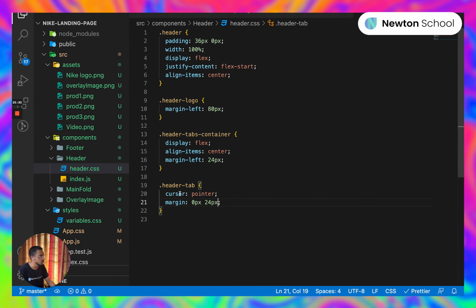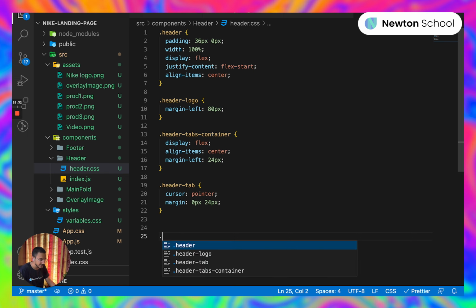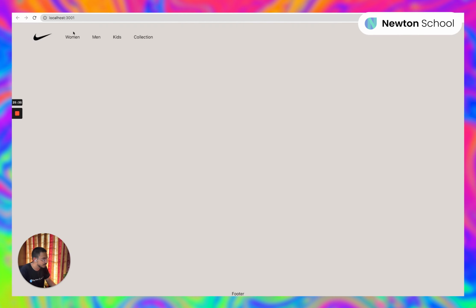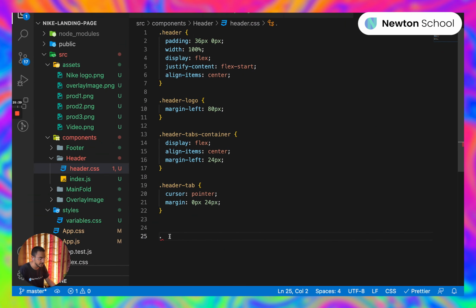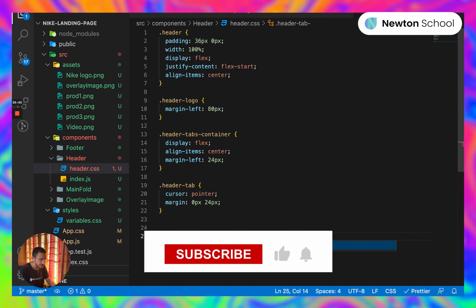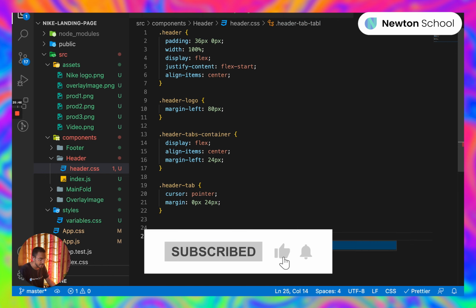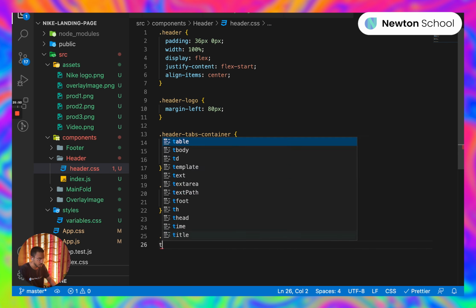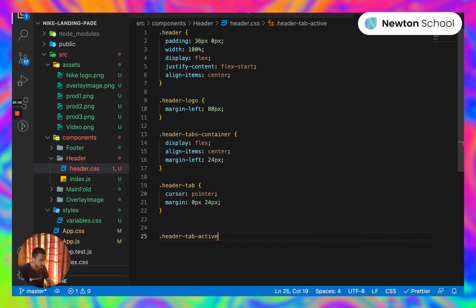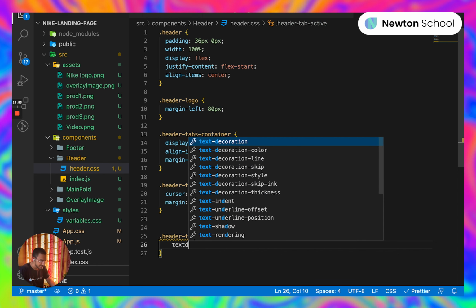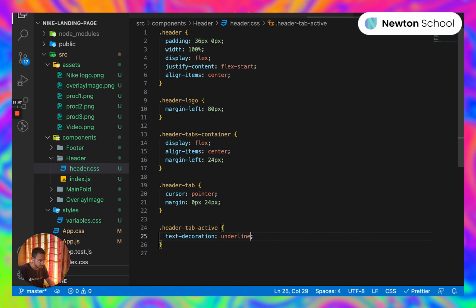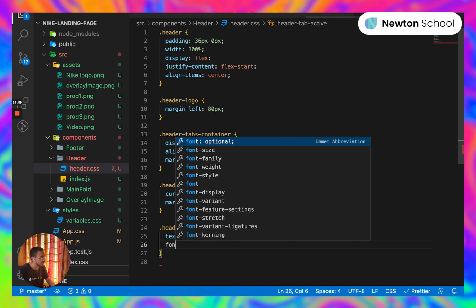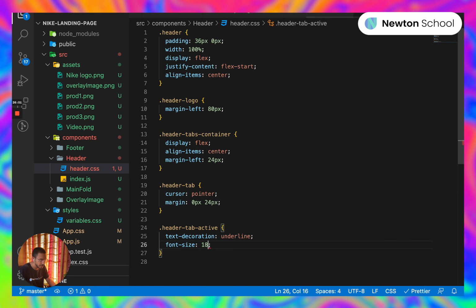Now for all the tabs that are active, as you can see, even this tab is active right now, but it doesn't have any different styling. So to give it a different styling, I'll say header tab active. If you remember, we gave the class name of active to whatever tab is active. So for header tab active, the first property that I want is text decoration. I want to underline it. I'll say underline. The next one is I want to change the font size to a little bigger, 18